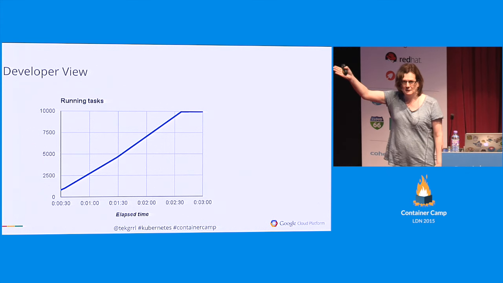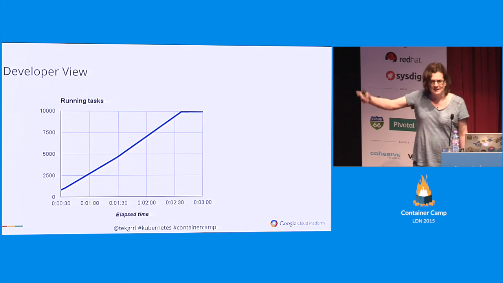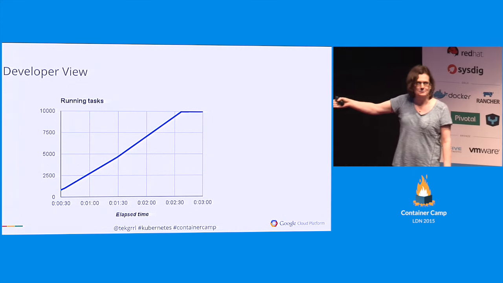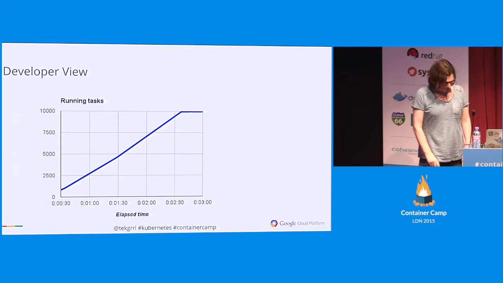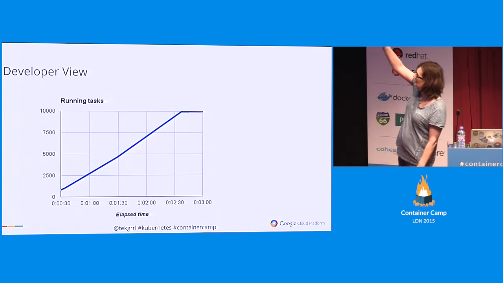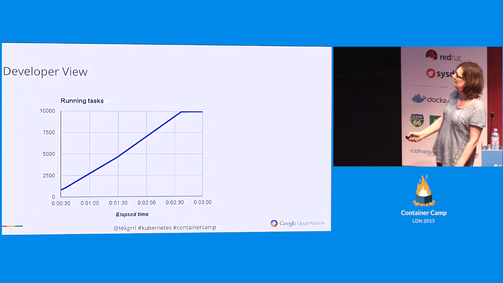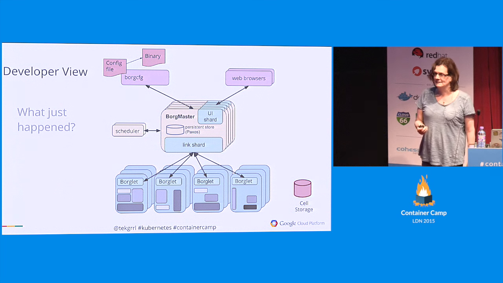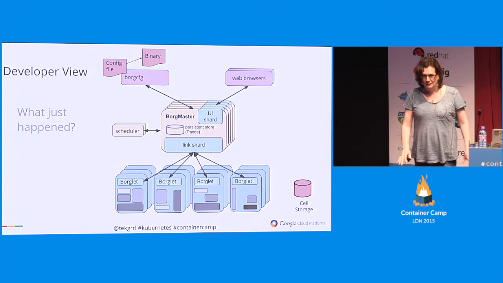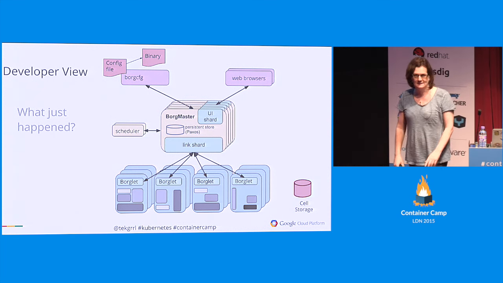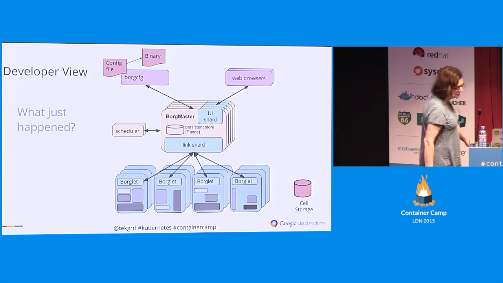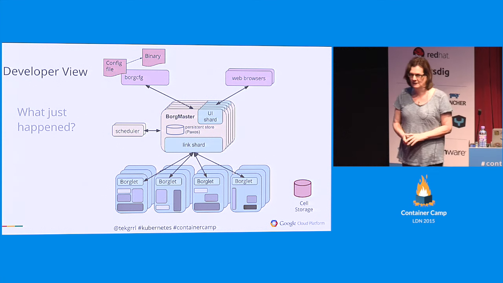We do slow start it. We have to move all of that data around. The binary is about 50 megabytes, and so this works out to about 2 gigabits per second of moving around data. So we do slow start it, and after 2 minutes, 40 seconds, we have 100 running. So what did just happen, really? We built our binary using our internal build system, which is now available on GitHub, called Bazel, open sourced. So if you go to GitHub, Bazel,